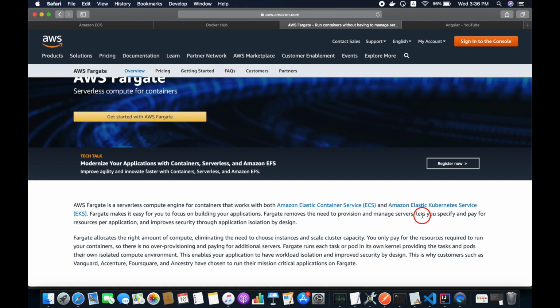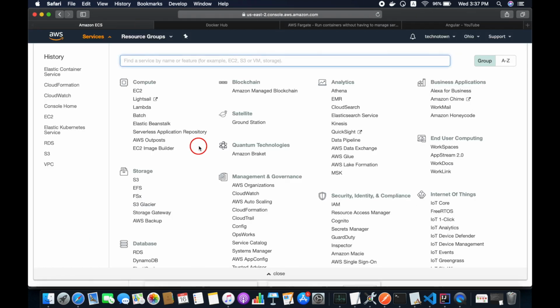So basically, AWS Fargate eliminates the need for users to manage the EC2 instances on their own. In fact, users don't need to use EC2 instances at all. So Fargate itself will act as a compute engine. It lets you focus on designing and constructing your application instead of managing the infrastructure that runs them. So with the Fargate launch type, all you need to do is package your application in the container and specify the memory and the CPU requirements and define IAM policy and launch your application. What I'm going to do is deploy my application on AWS Fargate.